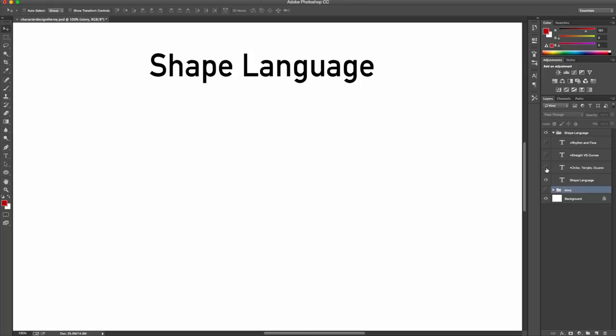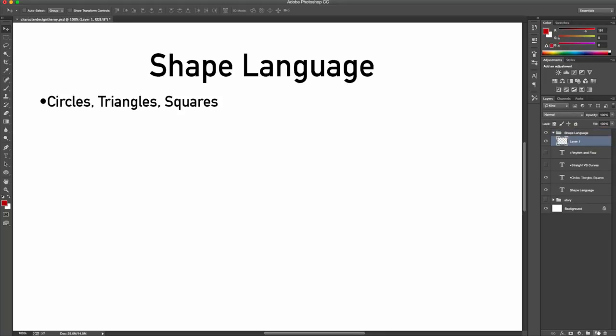So let's talk about the initial shape language: circles, triangles, and squares. This is where I'm going to draw a little bit, and excuse me for my lack of incredible circles, triangles, and squares. Okay, so let's draw a circle real quick. The circle has this idea of something that is very round, very soft,